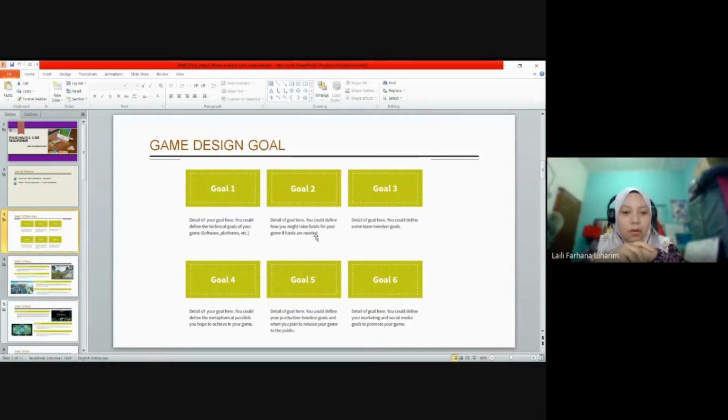Goal number 4, you could define the metaphorical parallel you hope to achieve in your game, because kita ada belajar dalam game design principles, one of the elements is metaphor. Our games have this, especially in the storyline or the assets, where they present the metaphor. And then goal number 5,